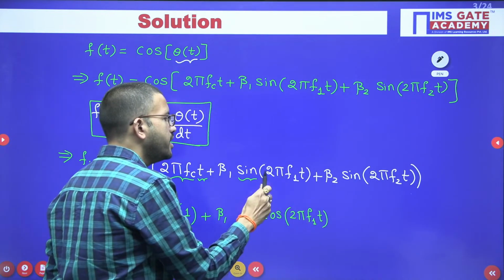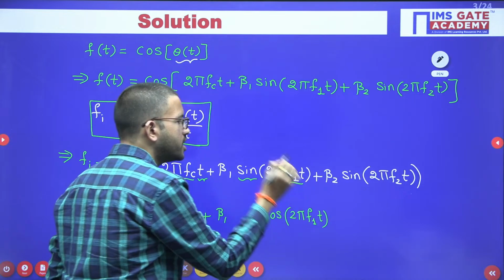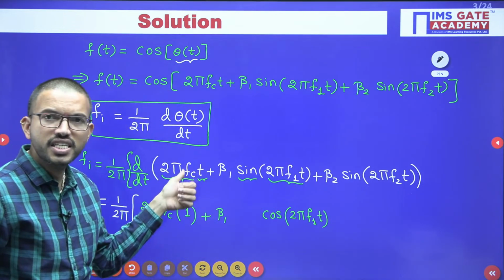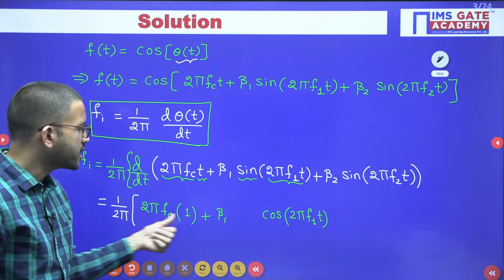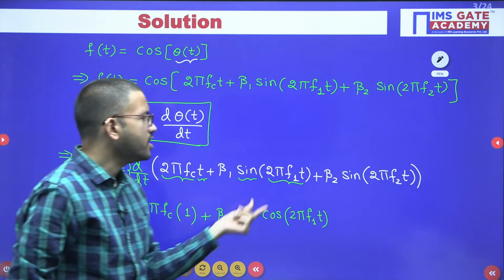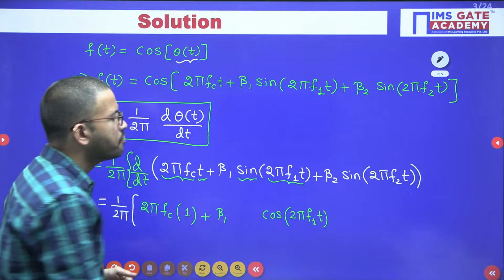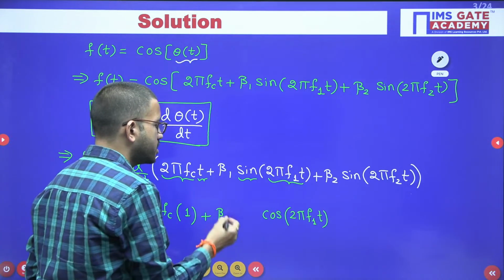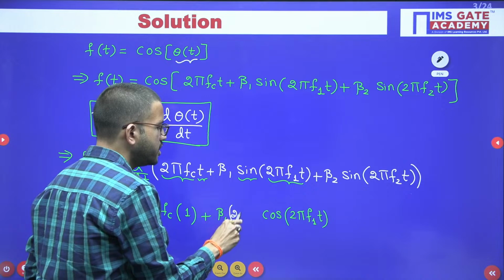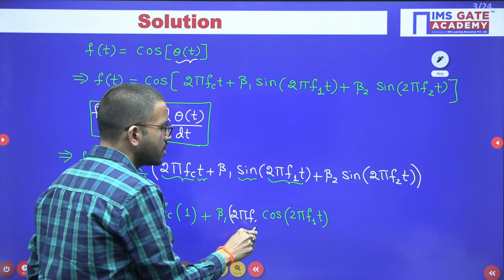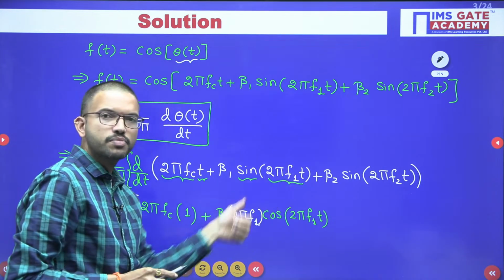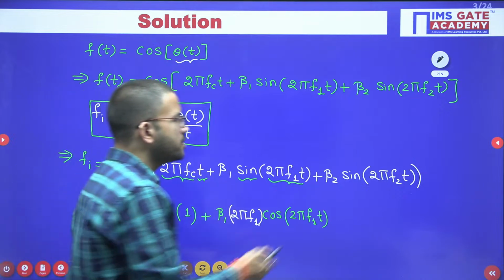And here you are having 2 pi f1t, just like here 2 pi fct, you have performed differentiation, you are getting 2 pi fc. In the similar way, for 2 pi f1t, if you are performing differentiation with respect to time, 2 pi f1 is constant, you can keep as it is. And then differentiation of t with respect to t, you will get 1. Similarly, here also you can write